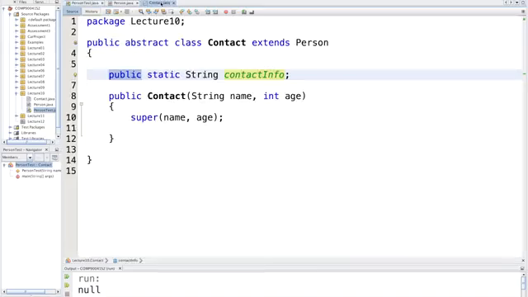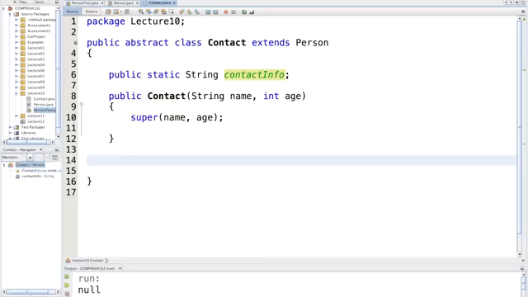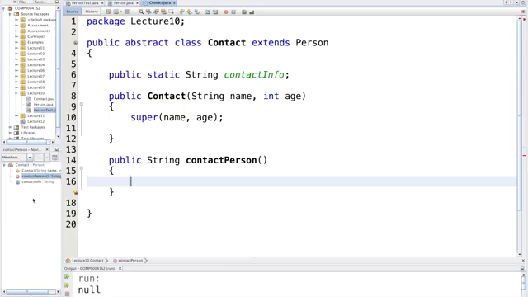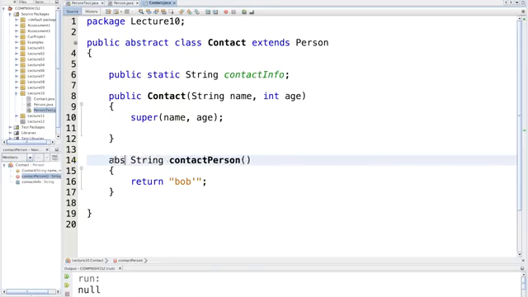Now the first thing we need to have is some abstract methods. So let's just make an abstract method. Now if you remember, the normal way is to say public something, say for example public string. This is a normal method, right? Let's just call it contact person. That is a normal way of producing a normal method. But in an abstract method, what we do is we change the word public to abstract,